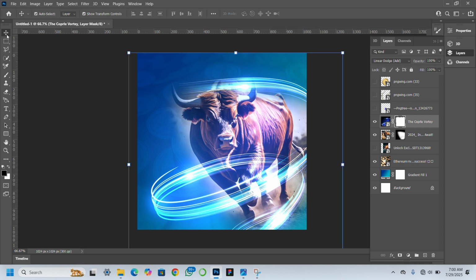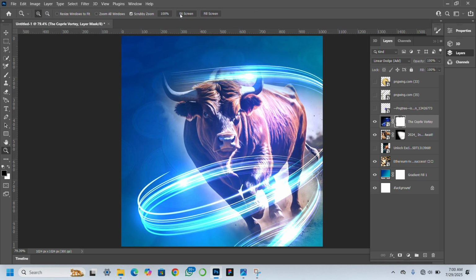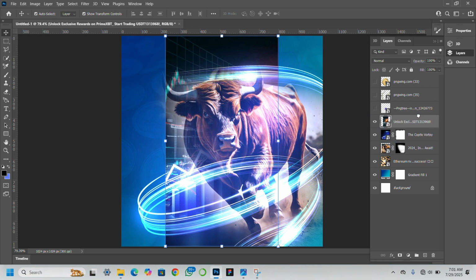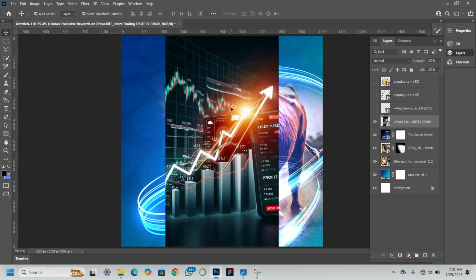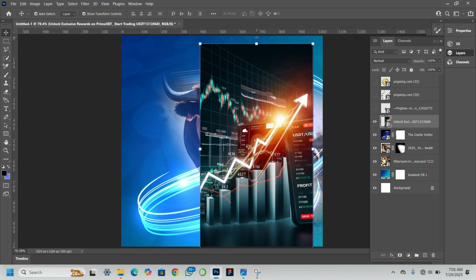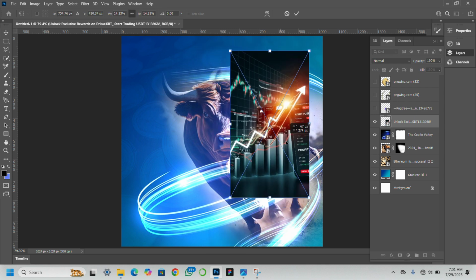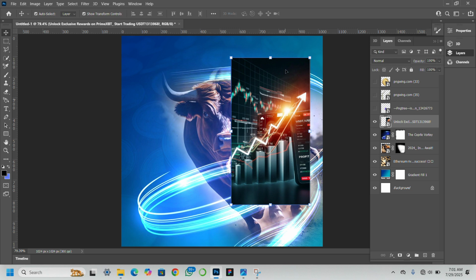So after that, I'll click here, then I can zoom to fit screen. Then after that, the next thing I'm going to do is to open the eyes of this. Now you see it is behind. I'm going to click on it, bring it forward like this. Then I want it to be on the bull itself, so I'll just reduce the size like this, put it here, hit enter,